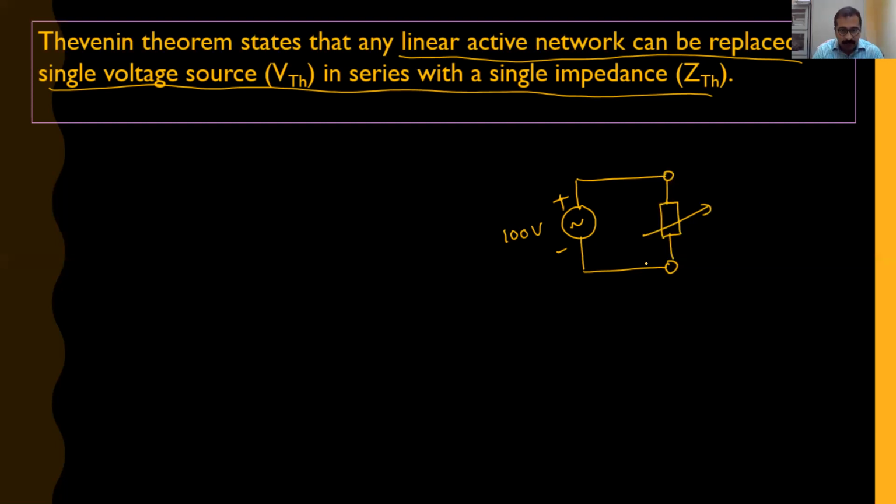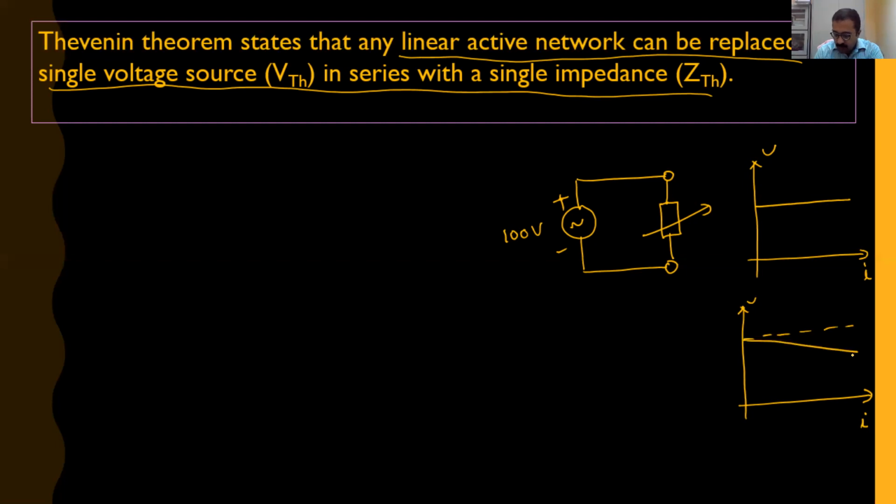But practically that doesn't happen. This is the ideal voltage-current characteristic for an ideal voltage source: its voltage is constant, independent of the load connected. But practically, if you draw the voltage-current characteristics, the ideal case was a horizontal line, but practically there will be a droop. So this difference can be modeled as the voltage drop in an internal resistance.